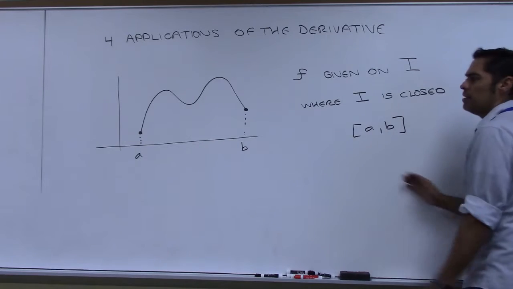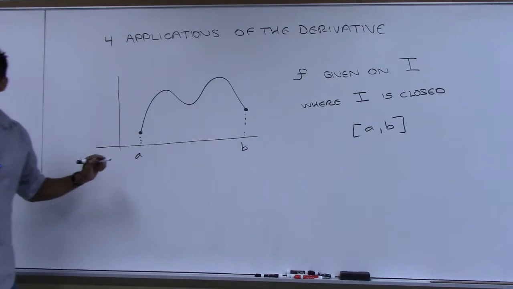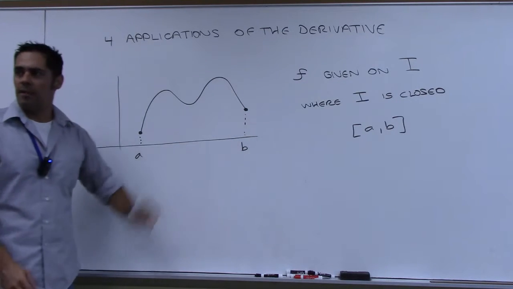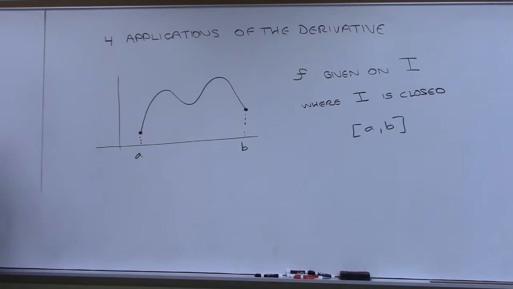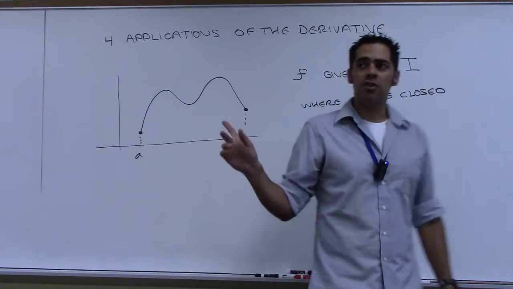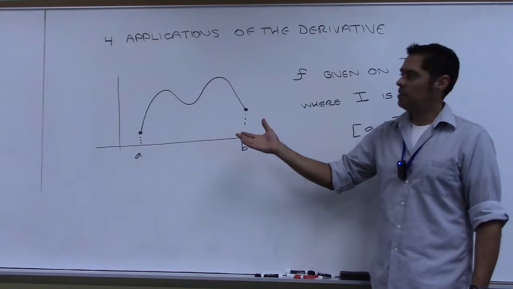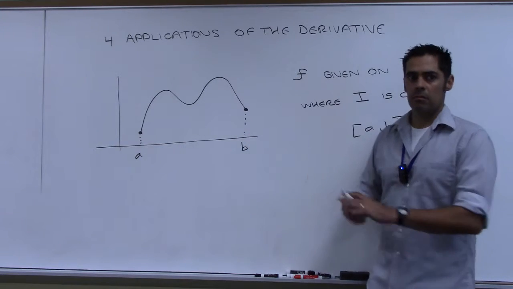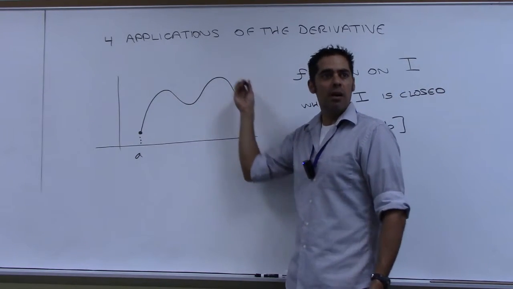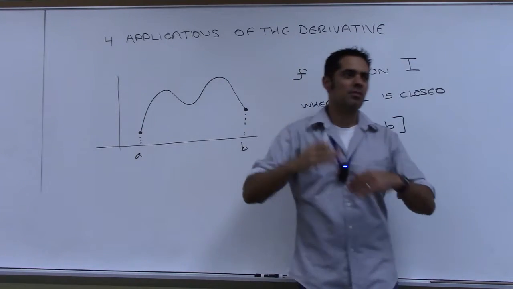Do you see it in the picture? Closed interval from A to B. So your function is defined at A, at every point in between, and at B. If you ever have a function given to you on a closed interval, and that function is continuous. Now what does it mean to be continuous? Basically that you don't have to pick up your pencil when you draw it. It's nice and smooth and connected together with no jumps, right?